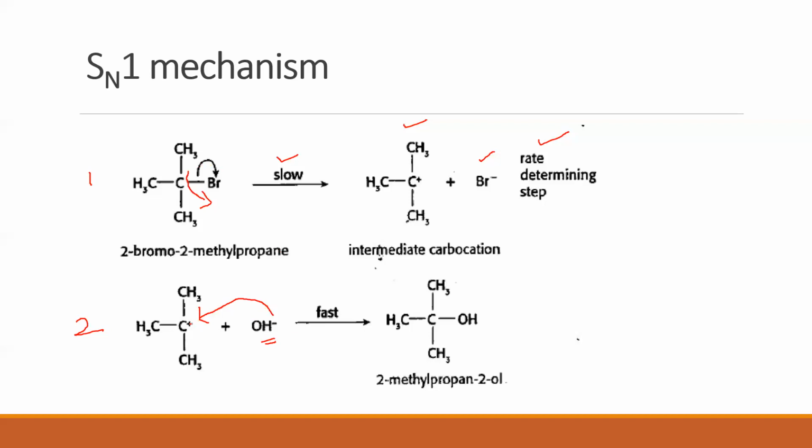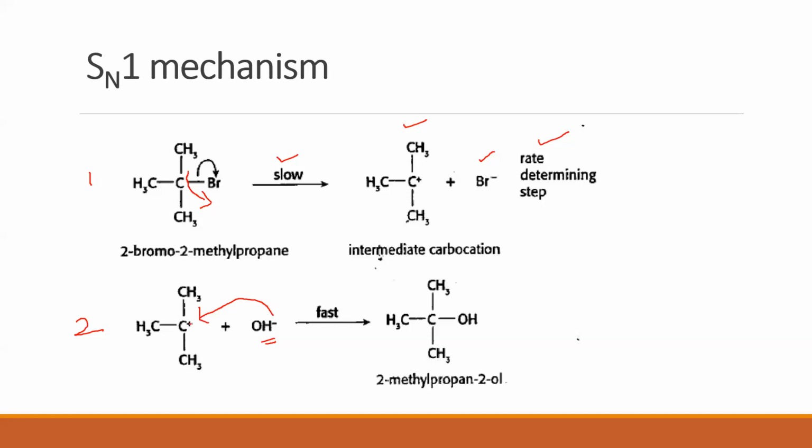Now, what should be the strength of the nucleophile here? In the previous case, we said the nucleophile had to be what? Strong. Correct. In SN2, the nucleophile had to be strong. Why should it be strong? Because it should accomplish two tasks. Which are the two tasks? One, to attack the carbon, and at the same time drive away the halogen. Now, if it has to drive away the halogen, what should its nature be? Yes, it should be stronger than the halogen. Only if it is stronger than the halogen can it drive away the halogen. Clear? Hence, the nucleophile that was required in SN2 is strong.